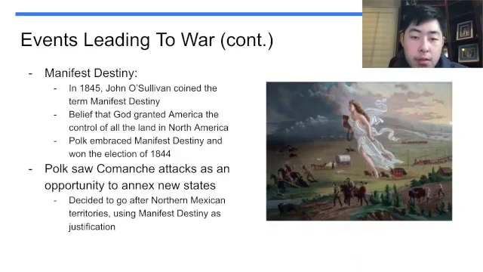Then, in 1845, as many of you have probably learned already, John O'Sullivan coined the term manifest destiny, a belief that God granted America the control of all land in North America, or the land from the Atlantic to the Pacific between Canada and Mexico. With that thought in mind, President James K. Polk decided to go after the northern Mexican territories, and he decided to use Sullivan's call for manifest destiny as